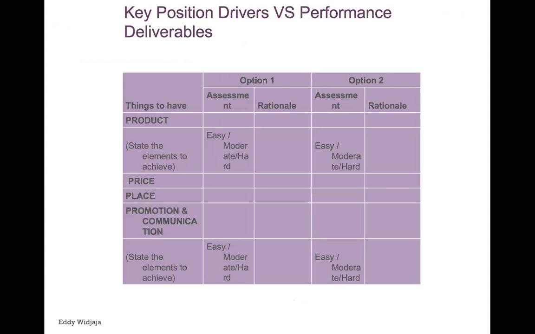Well, in our home market, we may have a different positioning strategy. Yes, we have the option of maintaining consistency. That's one option. The other option is to stretch our boundary a little bit, as the second option. And each option needs to be assessed based on our capabilities to deliver the marketing mix variables. Remember, the marketing mix variables that we design should support each option of the positioning strategy.